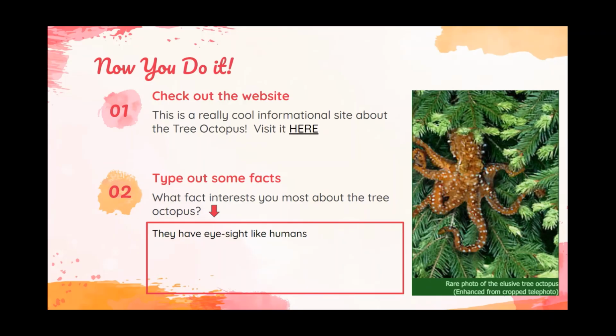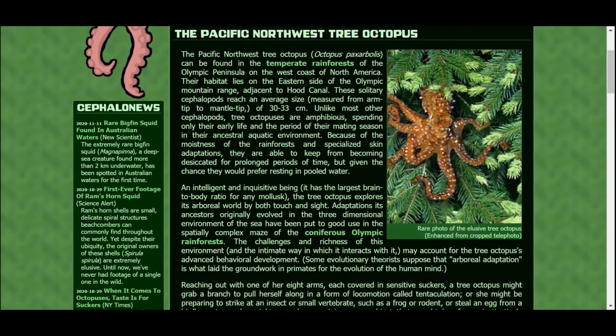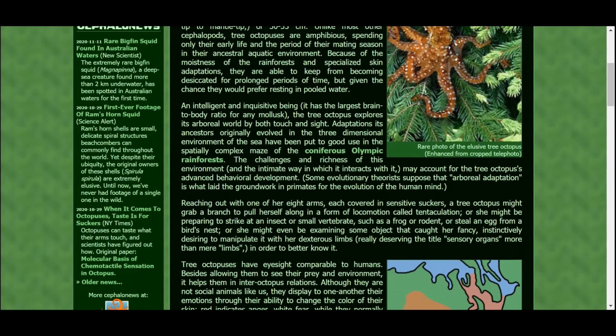So now we're going to check out the website over here. So it's a really cool information site about the tree octopus. So we will visit it here. So this is the website about the tree octopus, and it looks real. It looks pretty good. The rare photo of the elusive tree octopus.